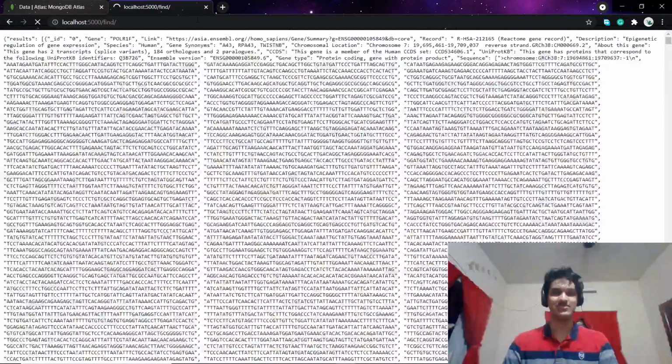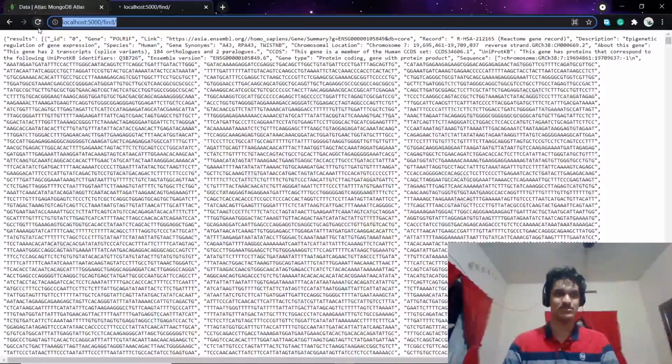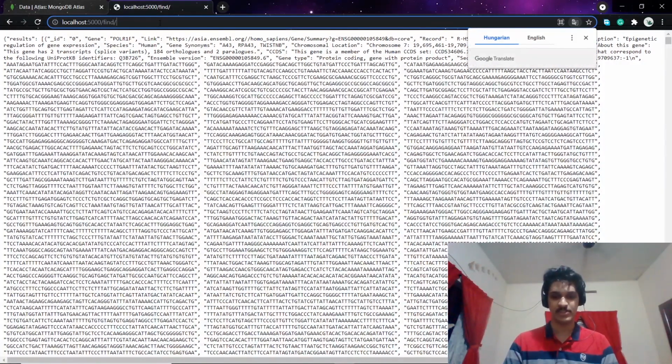That will take some time to load, because it loads all of the sequences that have been stored in our database, and as I mentioned earlier, it's more than 180 MB, so that will take some time. Let's just stop that loading, and we can pass parameters.